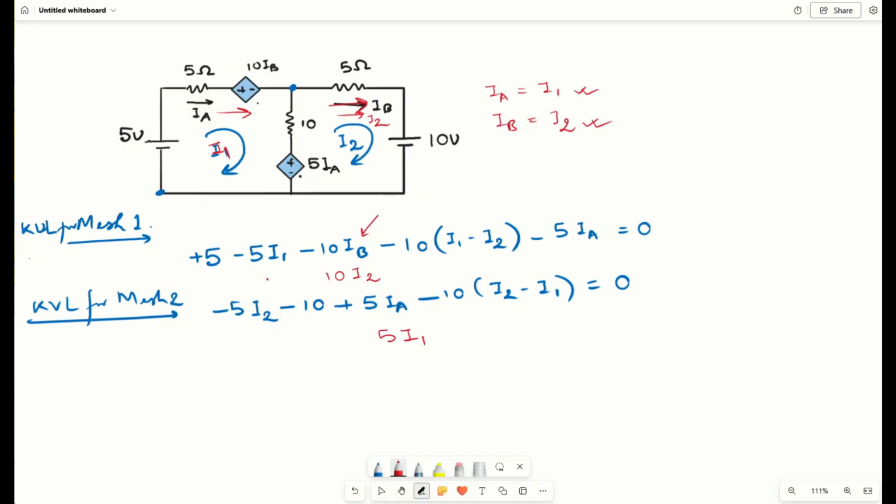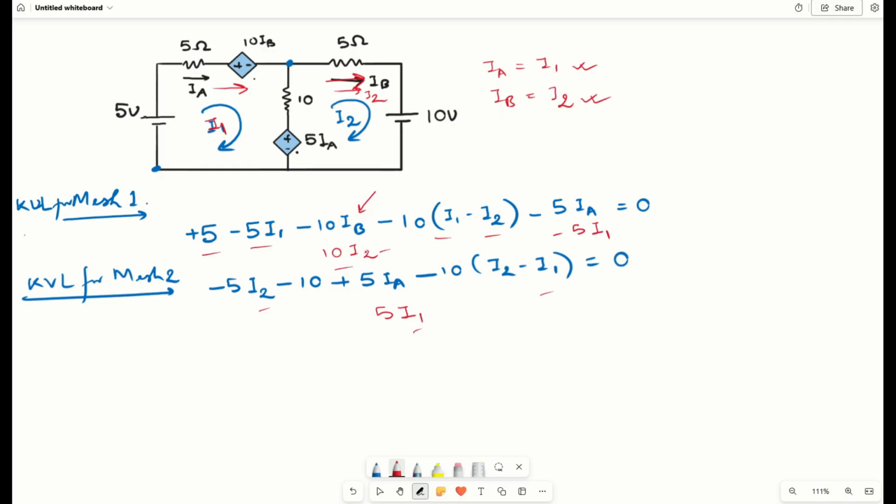Okay, now in our equation we have two variables. Yes, this will also be minus of 5, IA is I1. So in our equation we have I1, I2, right? In this equation also we are having I1, I2. So finally we have two variables, two unknowns and two equations. So if I consider this as number 1 and this is my number 2 equation,